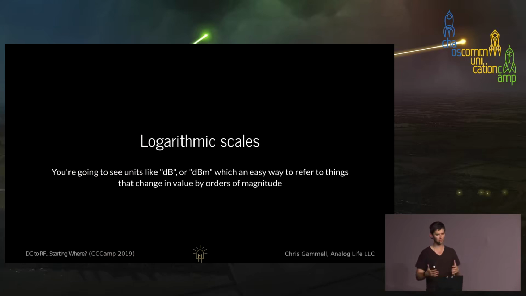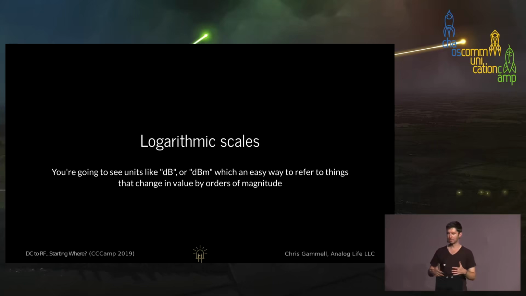So you'll see a lot of decibels, or dB and dBm. dB is ratiometric and dBm is more an actual value. But the idea here is that we're operating in orders of magnitude, and that's really important. You'll see an example a little bit later. So you'll see a lot of things referred to in dB, and that can, again, be kind of hard to